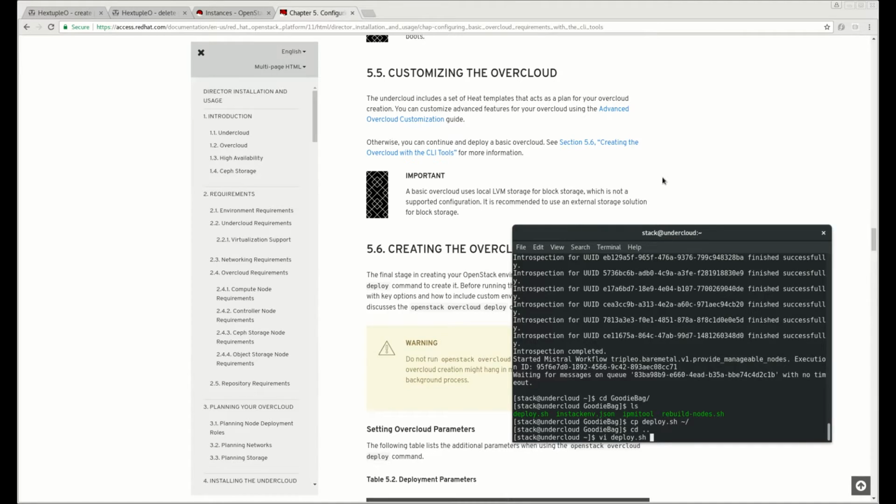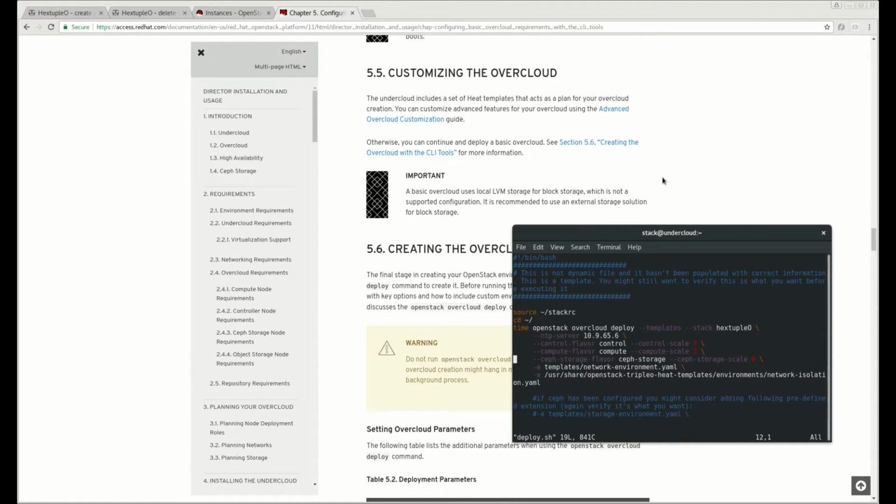So I'm going to vi that deploy file, and this is like a little template that we pre-create for the deployment. Since I deployed 3 controllers, 3 computes, and 3 Ceph storage nodes, I'm gonna adjust these parameters. But then also, I want to add that storage environment line in here to make sure my Ceph is being deployed as well. So I'm gonna add it here. Storage environment,